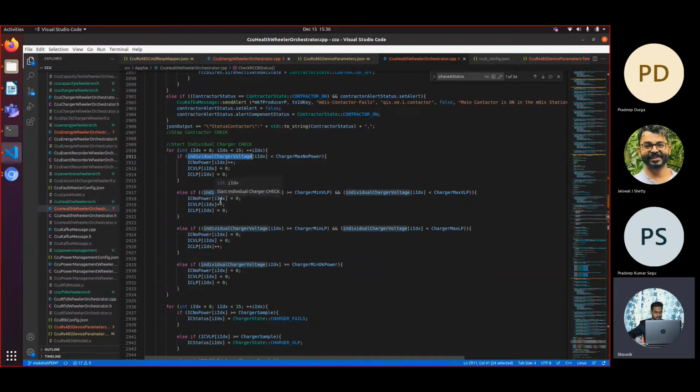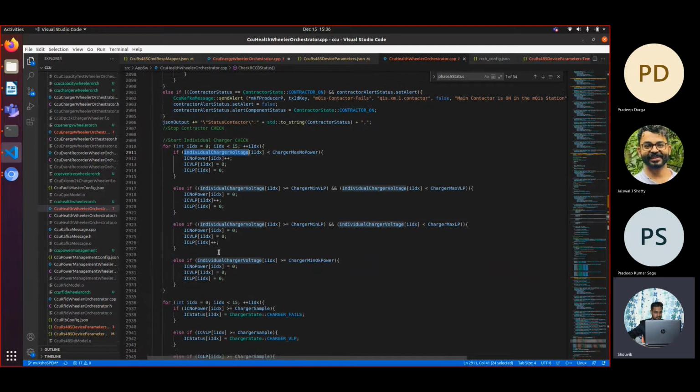Similarly, if it is coming between the range of 10 to 85, we are incrementing the individual charger very low power counter by 1.